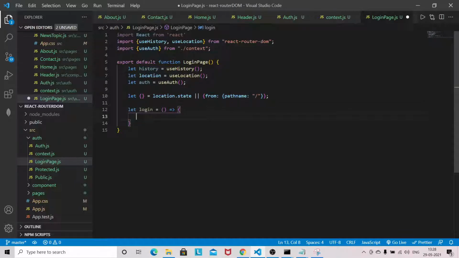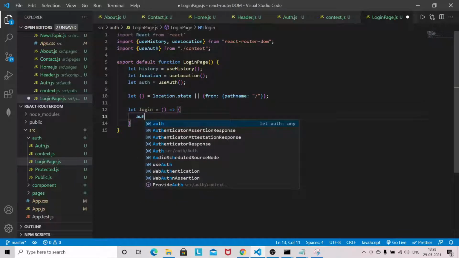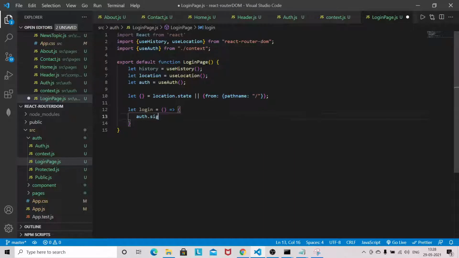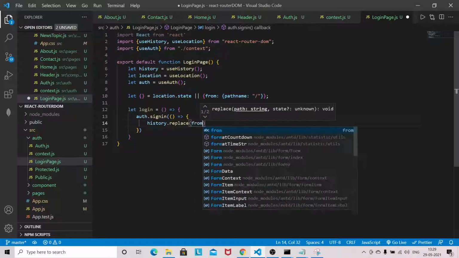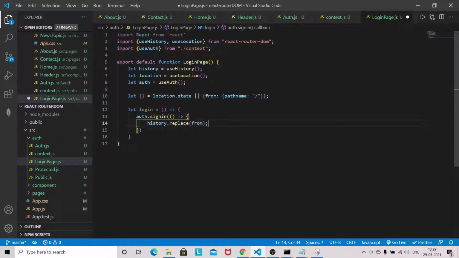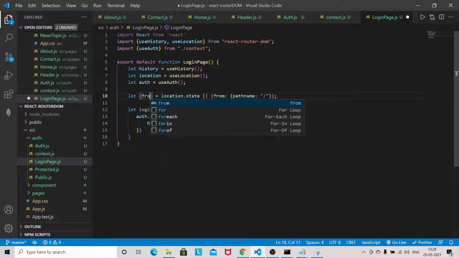You can use let or const, no problem. So auth.signIn. Now we can access the signIn with the help of context, and history.replace from. So we have to destructure the from here.